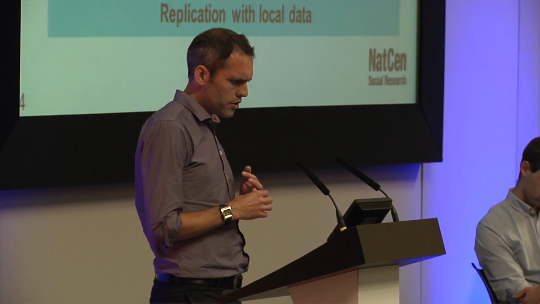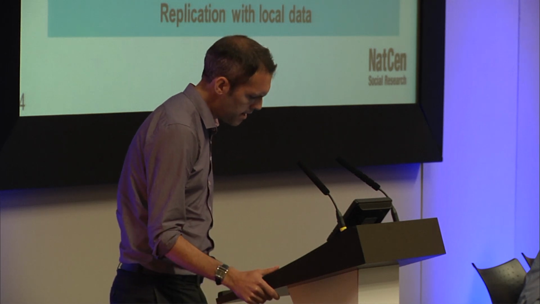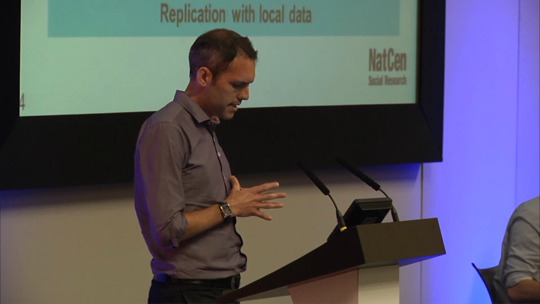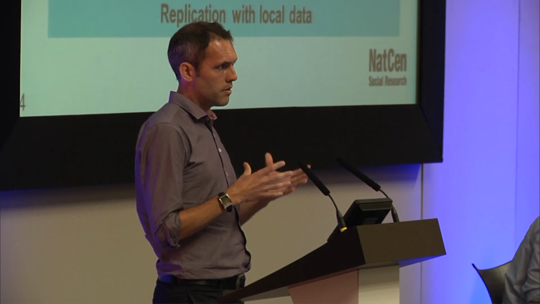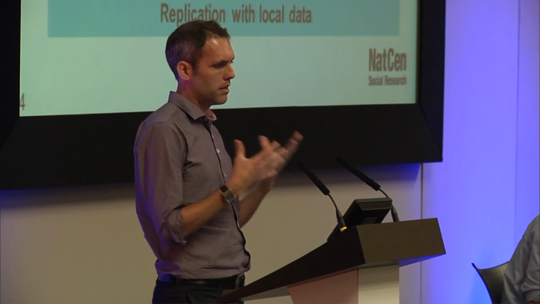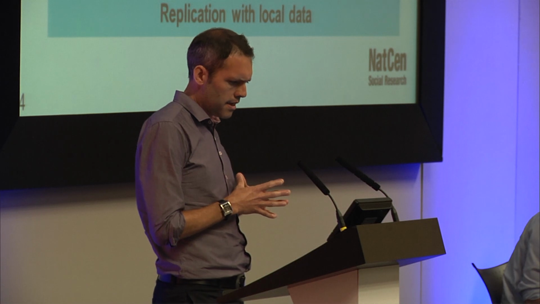The second stage was to do some secondary analysis of the Understanding Society data set to create poverty types, and that's what I'm going to talk about in a bit more detail later. But after we'd created these types in the data, we then did some qualitative interviews with families in different types to see if our poverty types stacked up, and also to speak to families about their varying experiences of poverty, how they got into those situations, and what kind of things they think is required to help them escape from poverty.